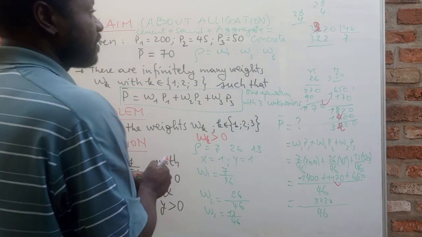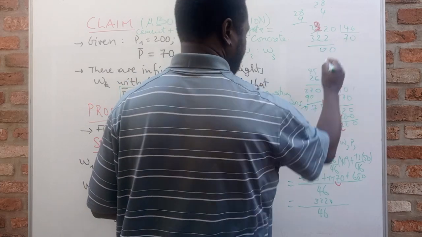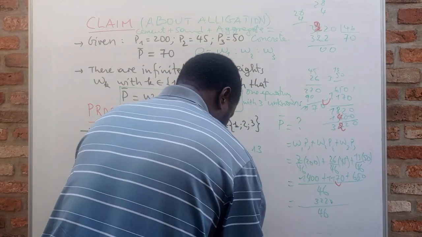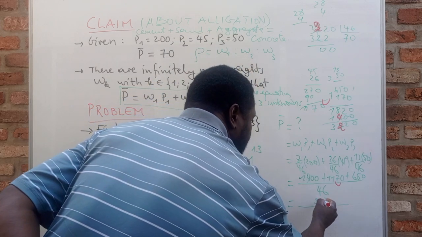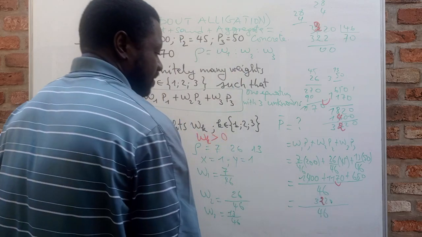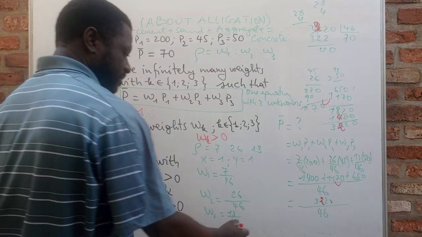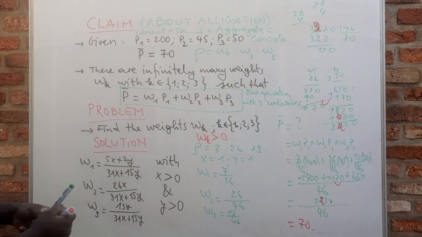Okay, so division result, then 70. With a different color, it is going to be the sum 322 over 46. After division, you get 70. Okay, so which means that